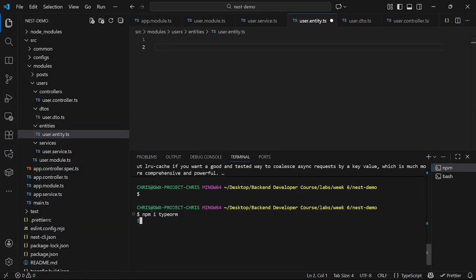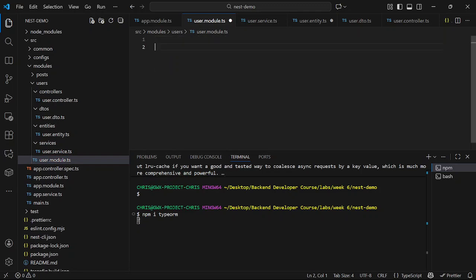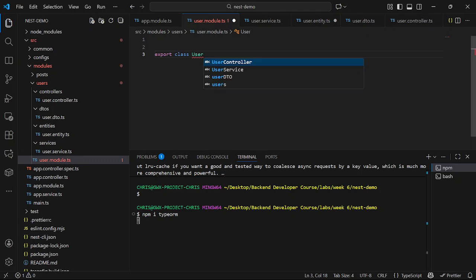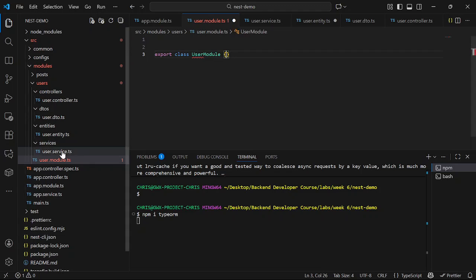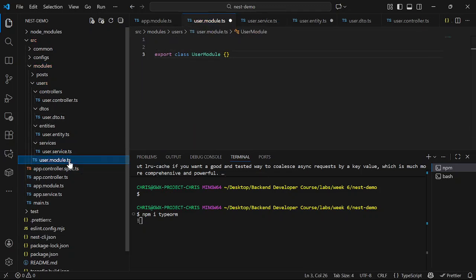While our TypeORM is installing, then this is our service. We haven't created any items on them. Then let's create our module, right? We just create a class, call it UserModule.